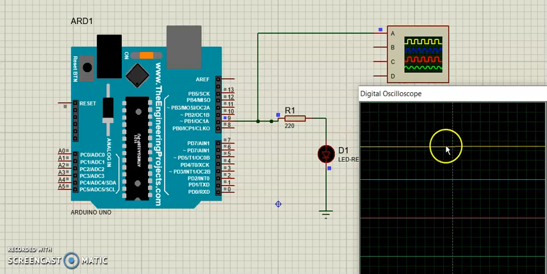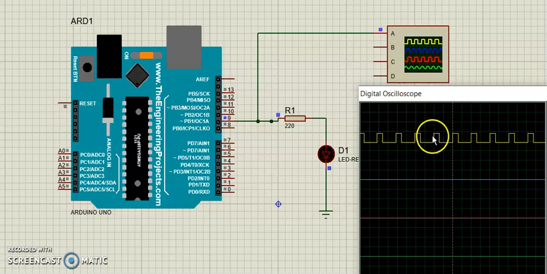Again the next duty cycle that we have generated is 30%. The same you can observe, that is 30%. Then it is going to change to 60%.